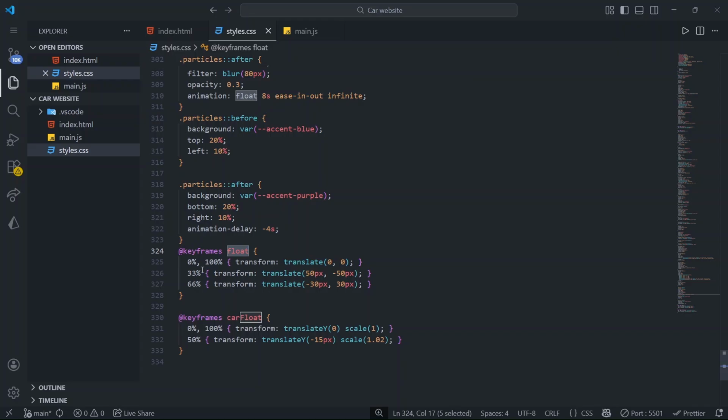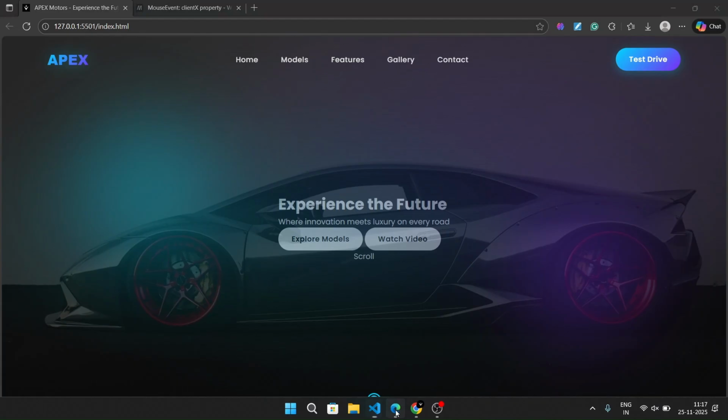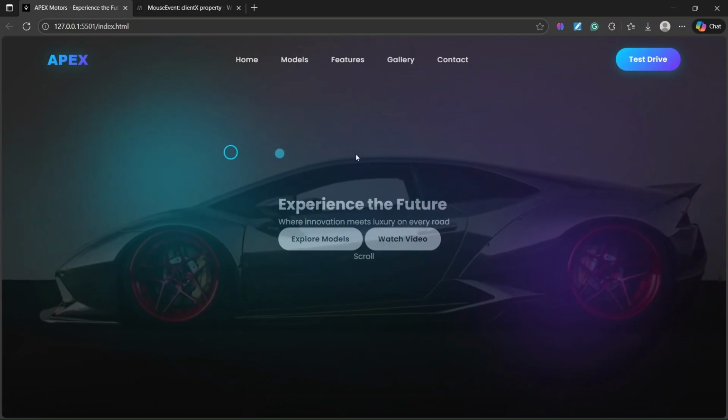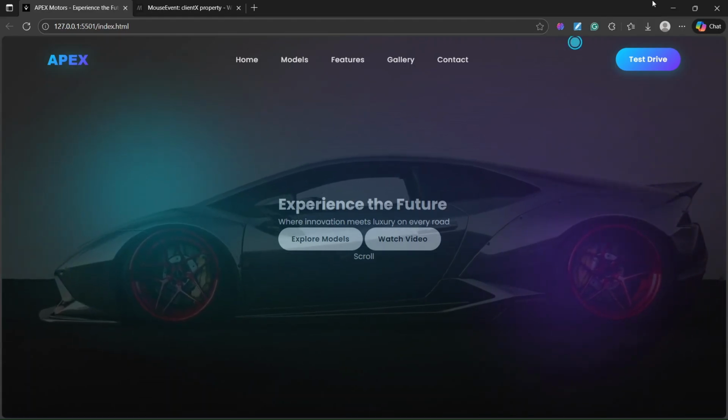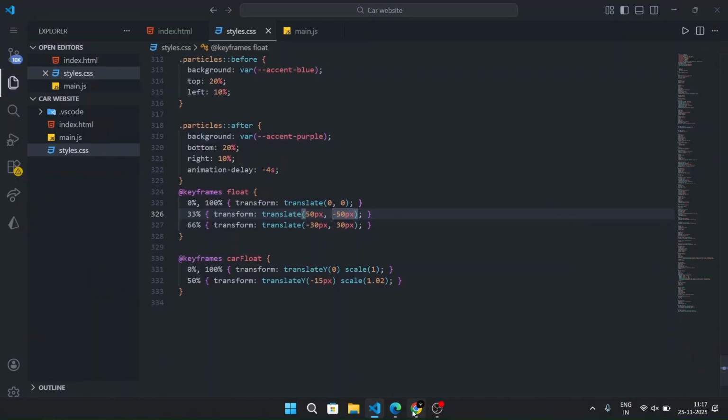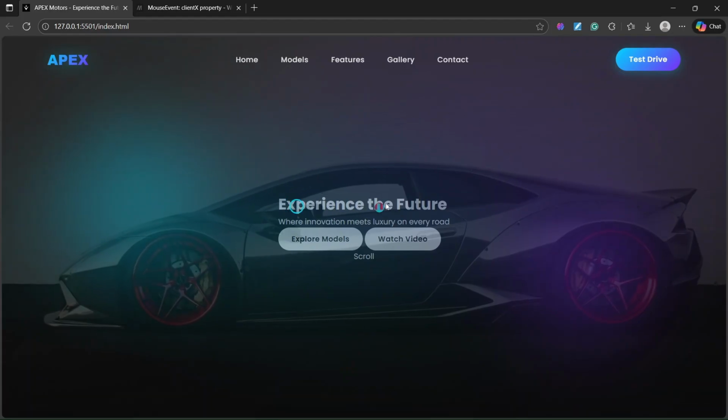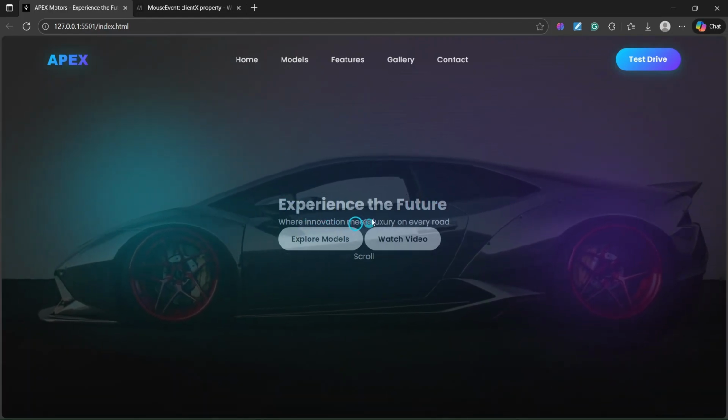So at 0 and 100%, at 33%, you can define the percentage at which you want to apply a style, like transform translate 50 pixels in x and y, whatever the horizontal. See, now the car is animating, scaling down, scaling up, and the particle is also animating. So now we are left with this: the experience the future text,